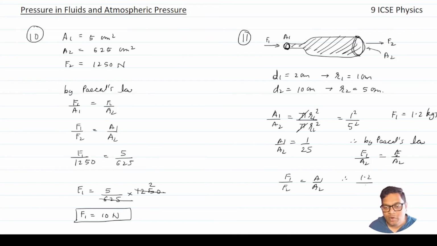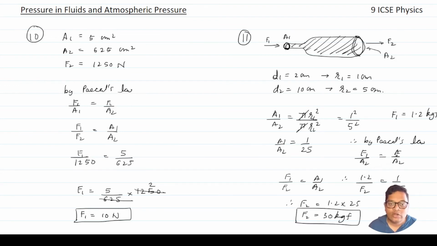So we get 1.2 upon F2 is 1 upon 25. So F2 is 1.2 into 25, and that will be 30 kilogram force. So when you apply 1.2 kgf on the bottle, the other end of the bottle will experience 30 kgf. Okay, so